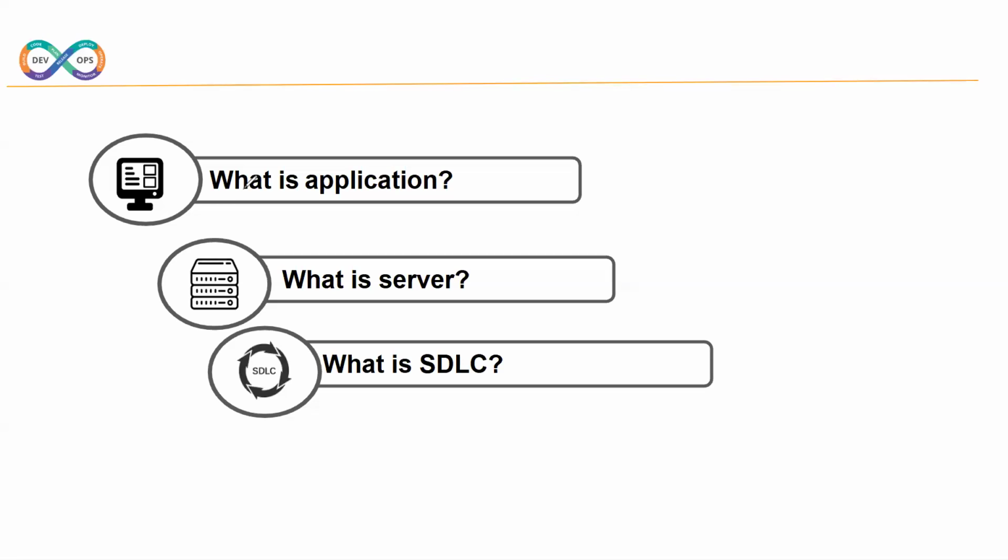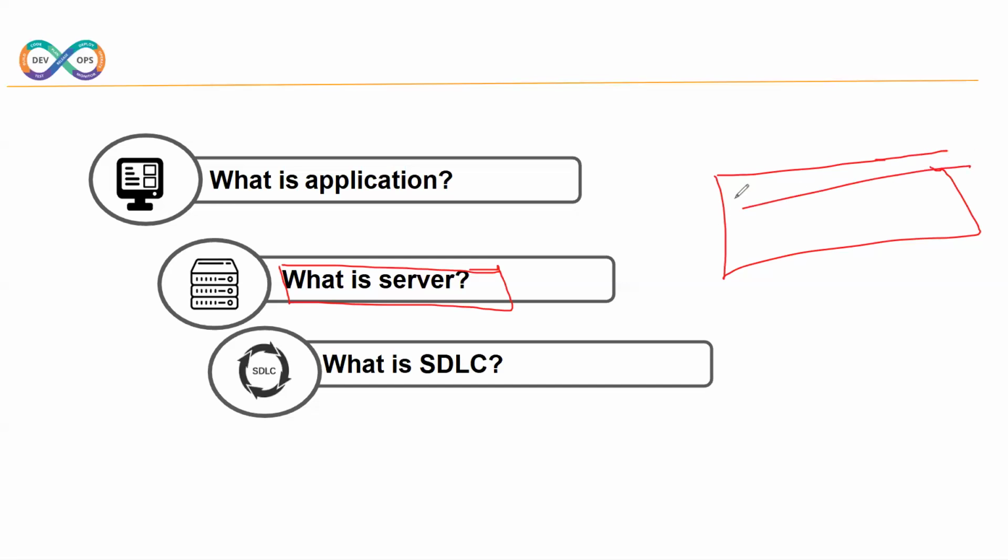Let the others understand in an introductory way. We'll go into technicality by the end of the session. So, what is an application? The working software written in any programming language like Java, .NET, Python, we call an application. That application is placed on the server side. Once it is placed on the server side, we access it on the internet as a website, like Flipkart, Amazon, Book My Show.